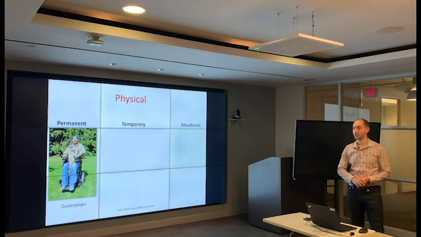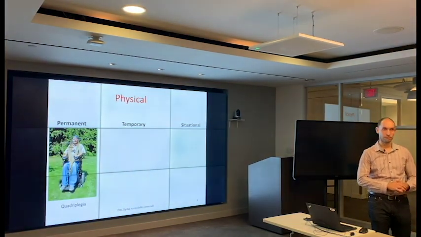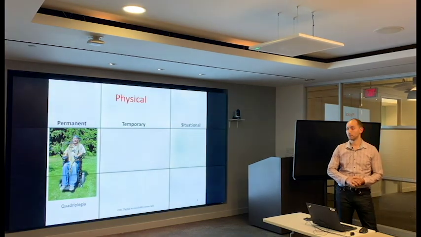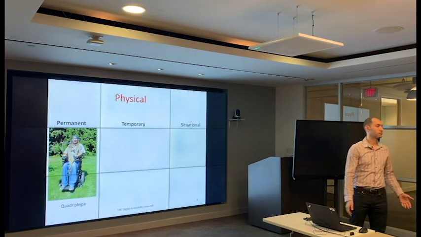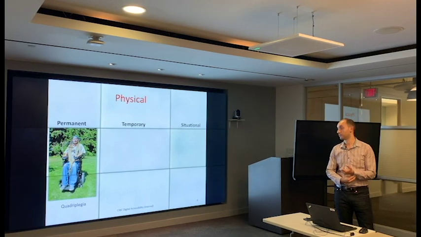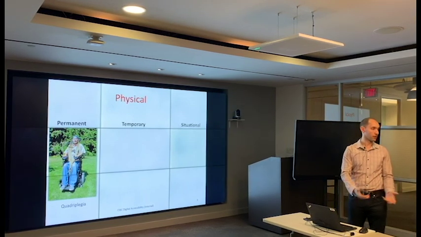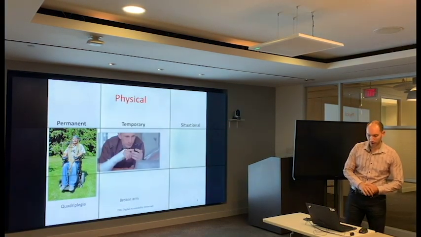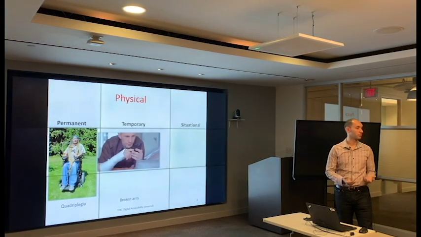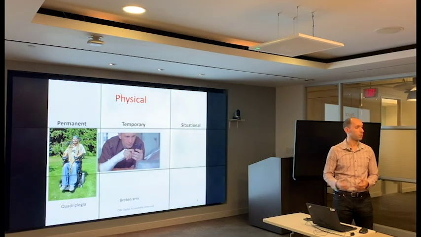So quadriplegia, that's a type of permanent disability most of the time. So basically quadriplegia simply means that you're not able to use your forelimbs in a way that's functional. So it could be your arms, hands, legs, feet. Also temporary. So we have someone with a broken arm. You might have a hard time using a phone, using a mouse,